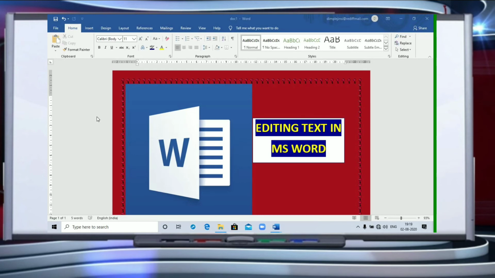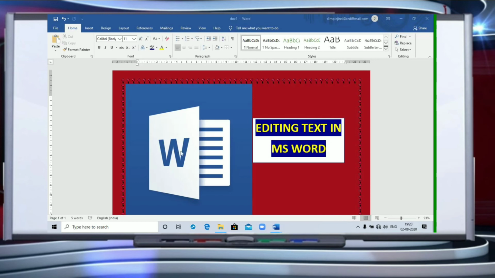Alright children, seeing on the screen what we have, Microsoft Word. This W that you can see stands for Word, and MS is Microsoft. It's a company, the largest company in software development. So this is Microsoft Word.